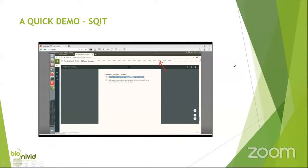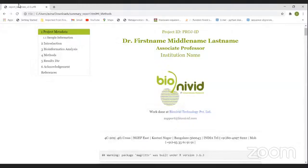That would give you more understanding of the kind of interpretations that you can generate using a Genome Station. So if you could excuse me for a second. Yeah. So if you can see the screen here,